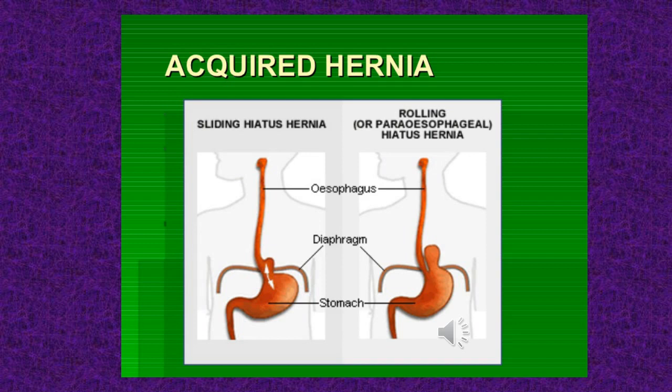It is due to weakness of the phrenicoesophageal membrane, which is formed by the reflection of the diaphragmatic fascia to the lower end of the esophagus. It is often caused by obesity or by operation in this area. The cardiac end can slide up through the hiatus. In this way, the valvular mechanism at the cardio-esophageal junction is disturbed, causing reflux of gastric contents into the esophagus.